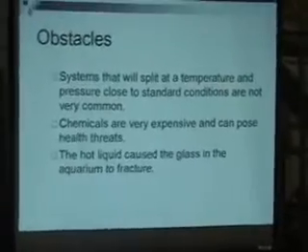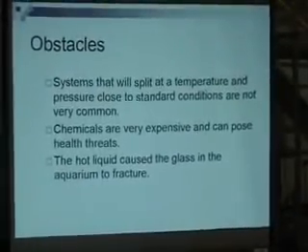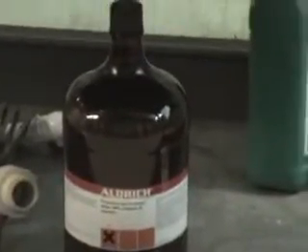The chemicals that we use are very expensive. The bottle of propylene glycol per liter was $65, which is